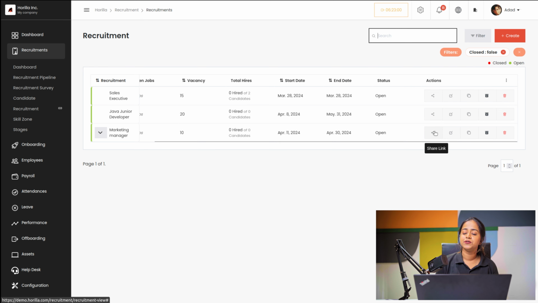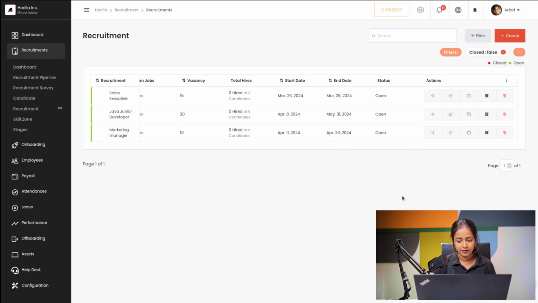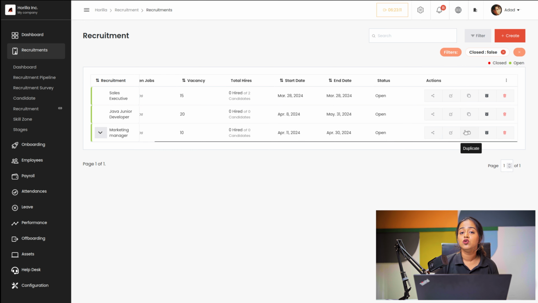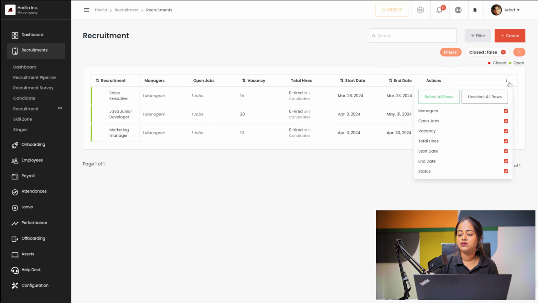Now here you have the option to share the link of the recruitment. Okay, so if you just click on that, you can copy the link and this can be shared. Okay, then you have the option to edit the recruitment. You can duplicate it, you can archive it as well as delete it. Okay, so that's it. And if you click on the 3 dots, you can see that is, you can ensure